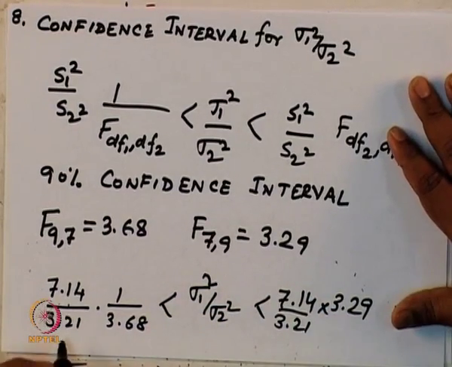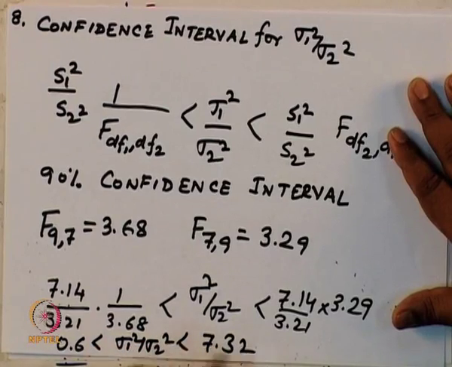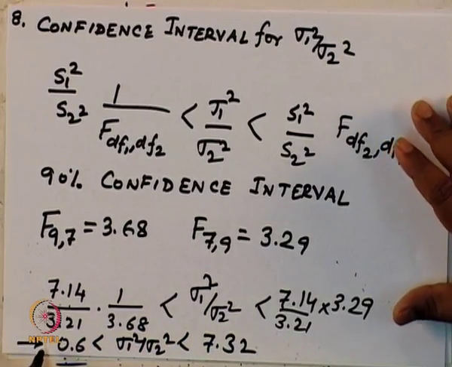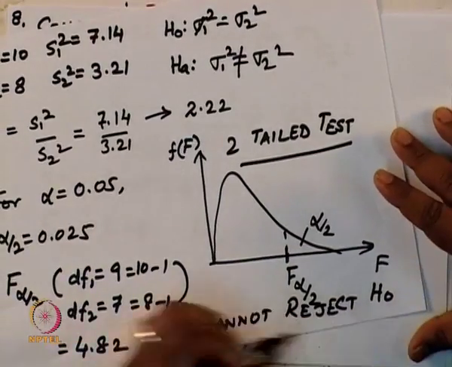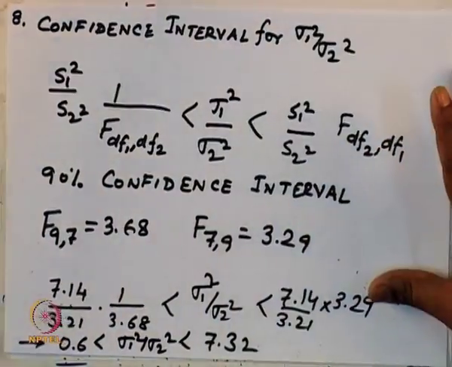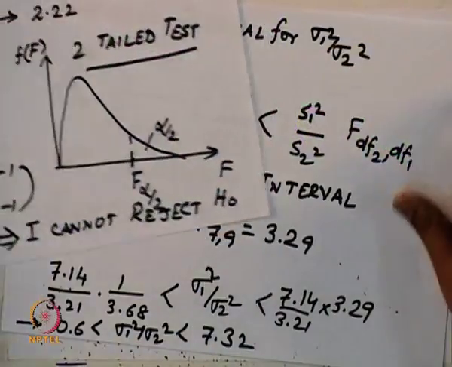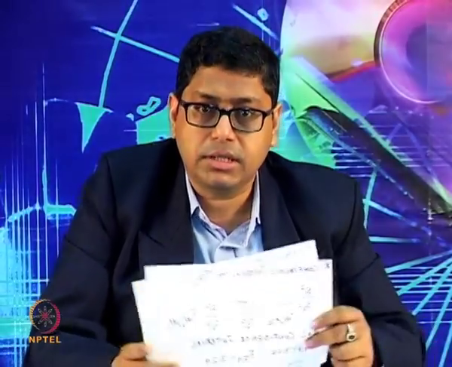So, this comes out to be 0.6 less than sigma 1 square by sigma 2 square less than 7.32. So, you see that your bound is reasonably wide, that is why you have been unable to reject H naught. Even though you have been unable to reject H naught, the ratio is quite variable. So, that brings us to the end of our discussion on T-test and F-test for difference of population means and